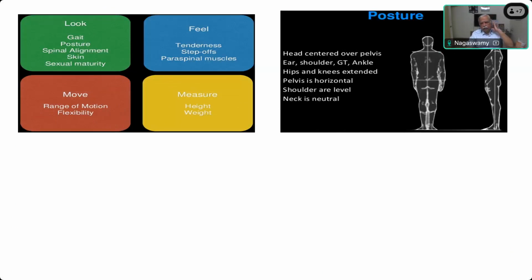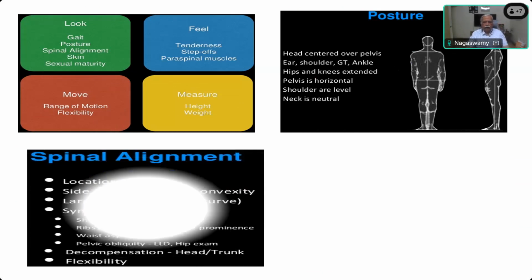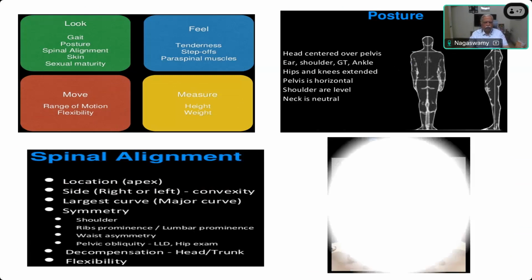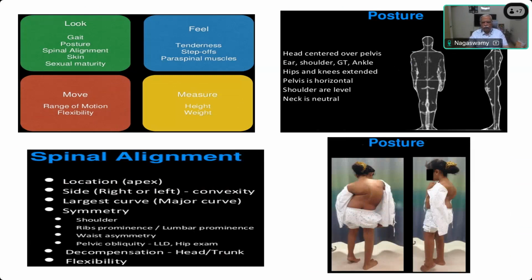Then look at the posture from behind to see the line drawn from the back of the head to the sacral region, and it will be seen nicely how it is tilted. And spinal alignment also, you can make out whether it is curved to the right or left, and what is the major curvature. So this is an example of how you can see this patient is not able to keep